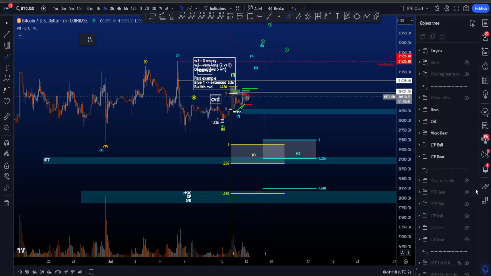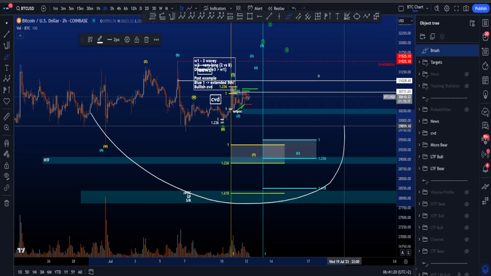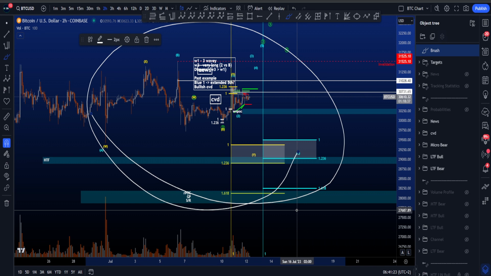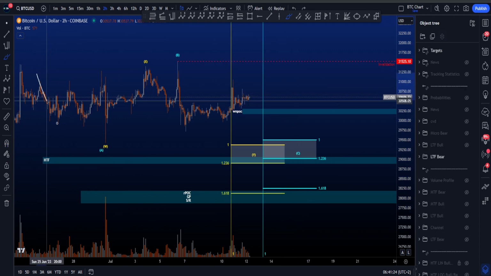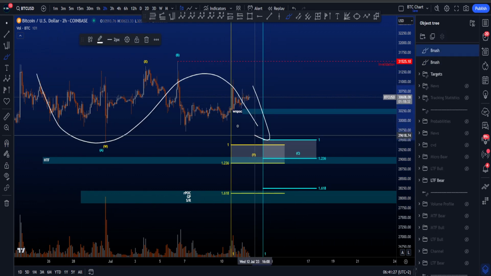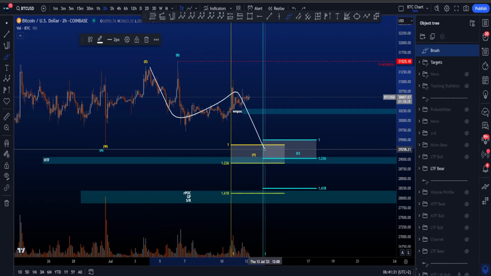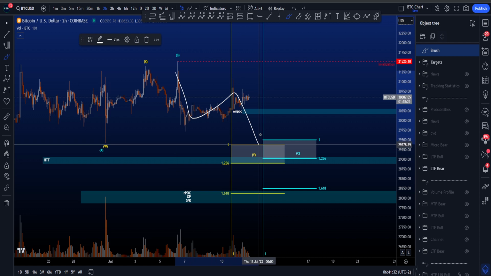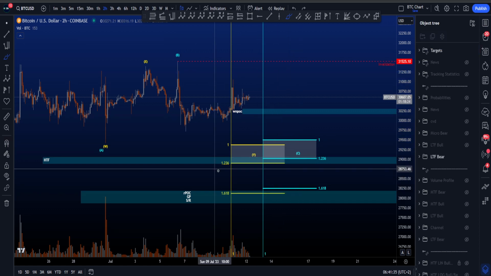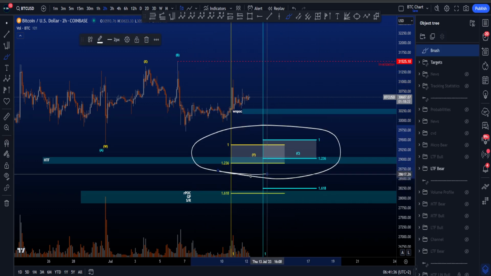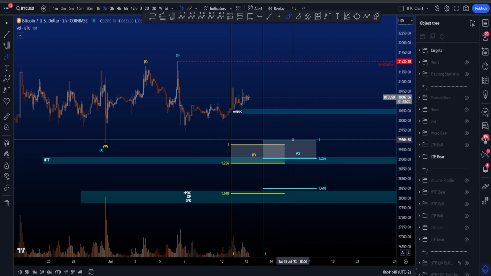Hi everyone, let's go over my low time frame and micro bullish and bearish Elliott Wave scenarios on Bitcoin, starting with the low time frame bearish scenario, where we still expect a move to the downside in either a wave Y or a wave C, where a wave Y is a three-wave structure and wave C is an impulsive structure to the downside. The target areas of wave C and wave Y are overlapping with one another between 29.5k and